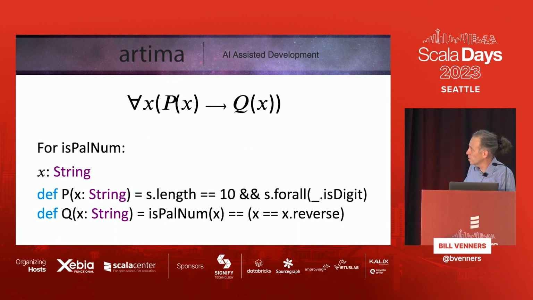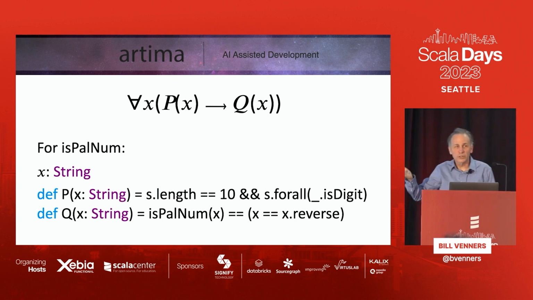So what I was thinking is that the way you could define correctness, what your intent is, formally, is with a statement of predicate logic. So instead of writing a test first, if I could write a spec first, of this shape: for all x, p of x implies q of x. For is_num, for example, p of x is the precondition predicate: the length has to be 10, and every character has to be a digit. And then q of x, you'd call the function and assert something about the output. So here I'm calling is_num, and it has to return a Boolean equal to this Boolean, which is x equals x sub reverse.